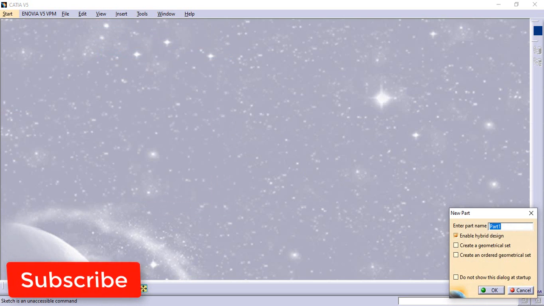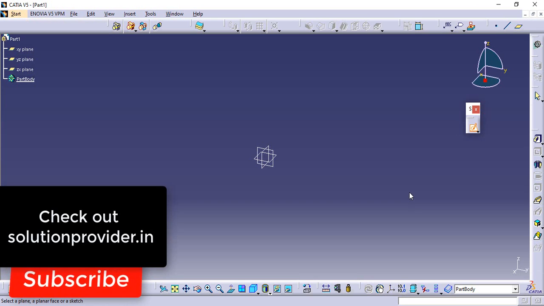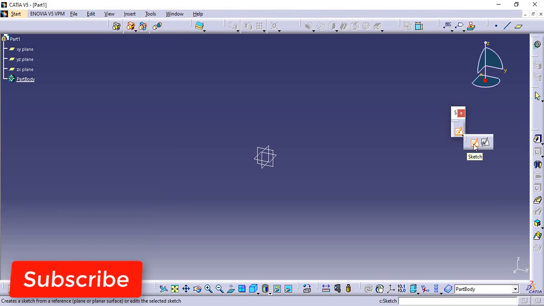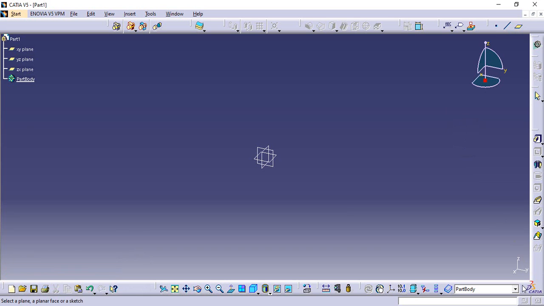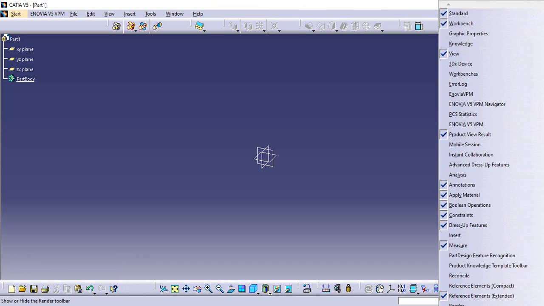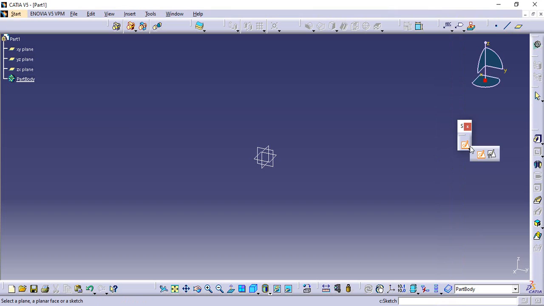Now in the first video I just told you how to enter the Sketcher workbench. Now I will explain what the difference is between two options, Sketch and Position Sketch, under the Sketcher toolbar. If you don't see this Sketcher toolbar, as I explained earlier, you can right click on the bottom bar, then select Sketcher, and under the Sketcher we have two options, Sketch and Position Sketch. What's the difference between the two?